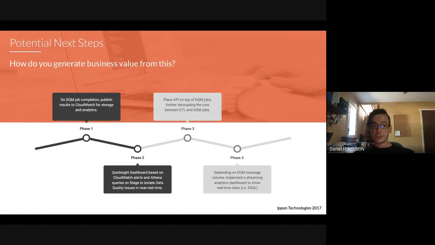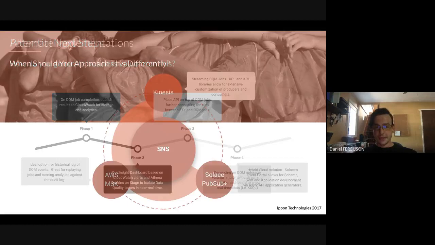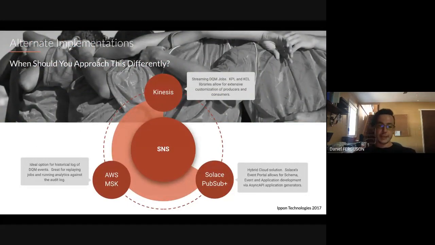You can potentially use that information with Kinesis Analytics or KSQL to further get a nice concise measurement of the data quality in your event, going over your event bus. I would not recommend KSQL though, or really any streaming analytics, unless you have exceptionally high volumes or an exceptionally high rate of DQM jobs running. The amount of overhead you have to put in to get that to work, and the amount of insight you get back from it, simply probably isn't worth it. It would have to be a very special use case.